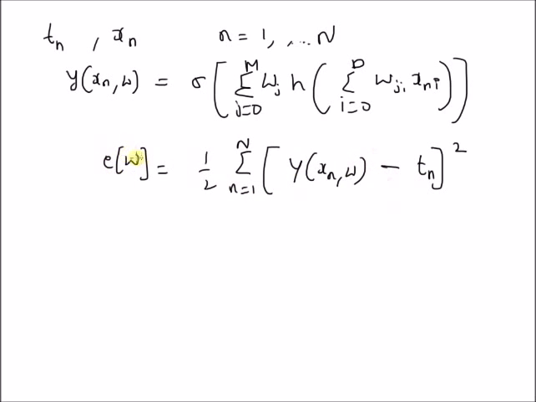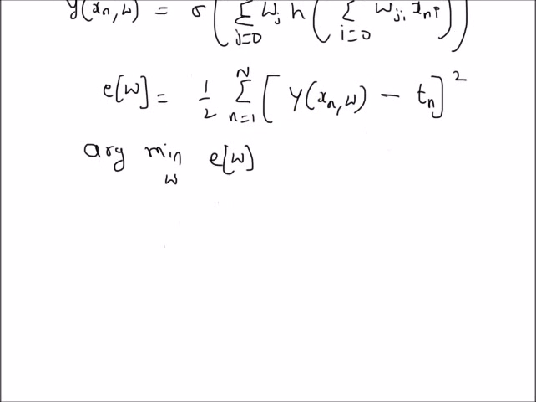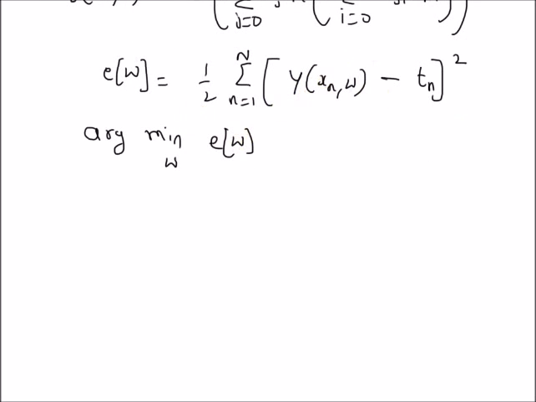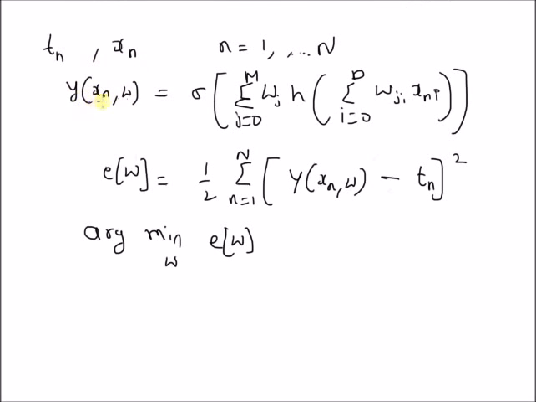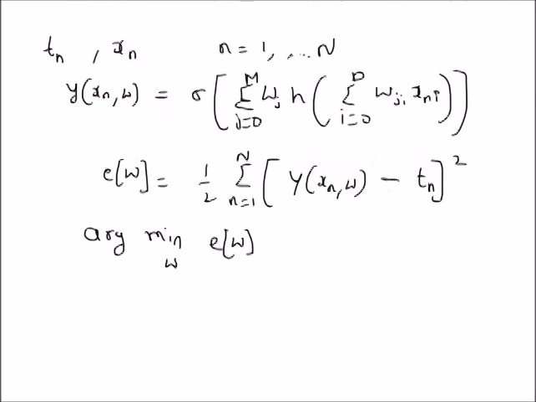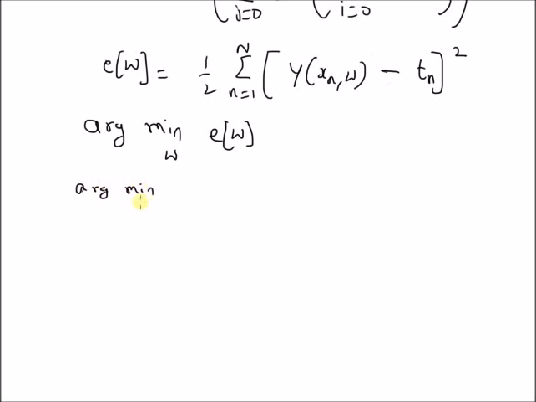Now in order to find the optimal weights, that is w, the optimization problem is argmin of this error function. So by minimizing this error function, we will be able to find the equations for the weight vector w, which can be done as follows. By using the definition of the neural network output y of xn comma w in the error function, we have argmin with respect to weight vector w of 1 by 2 summation n equal to 1 to N y of xn comma w minus tn whole square.